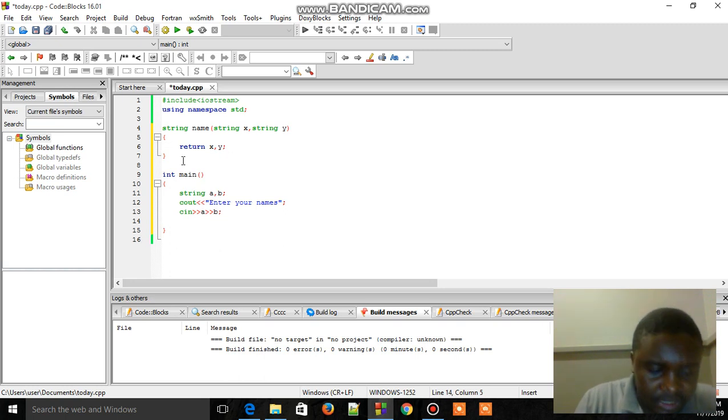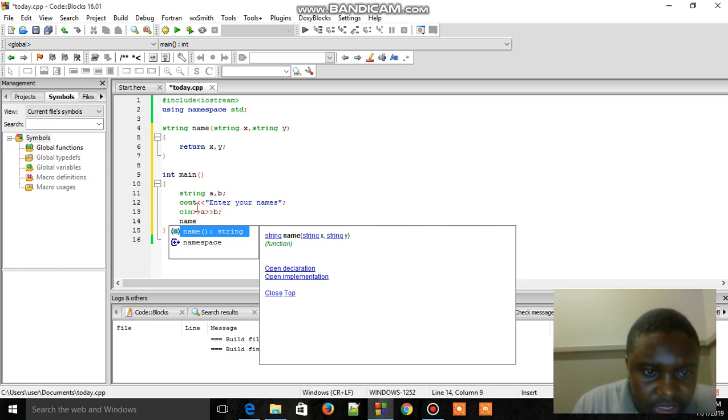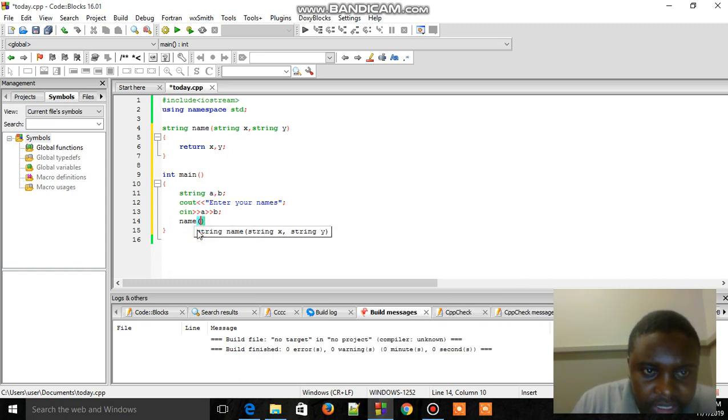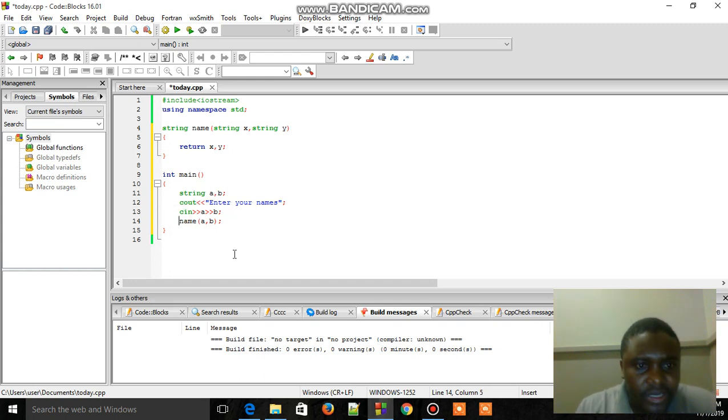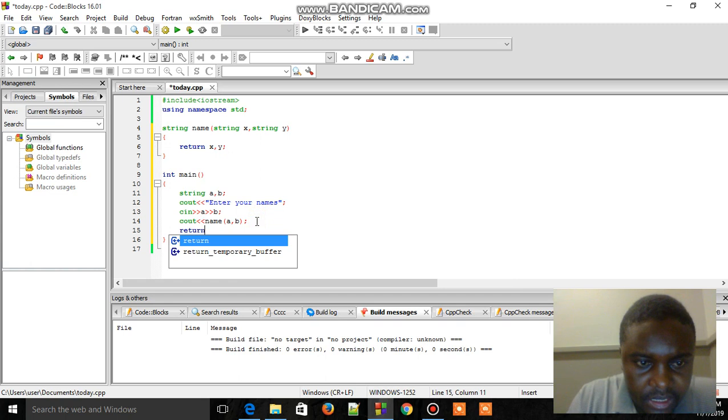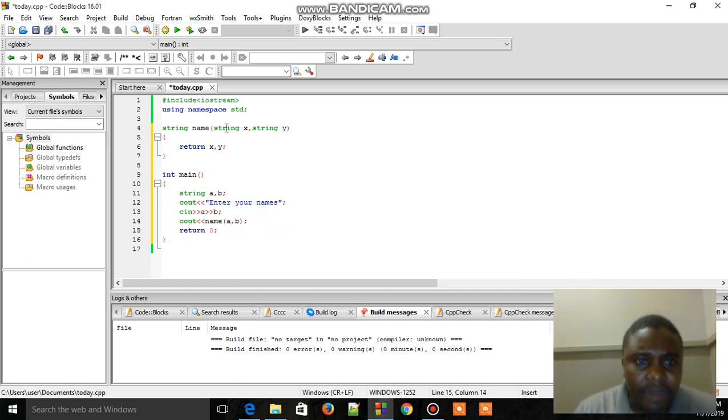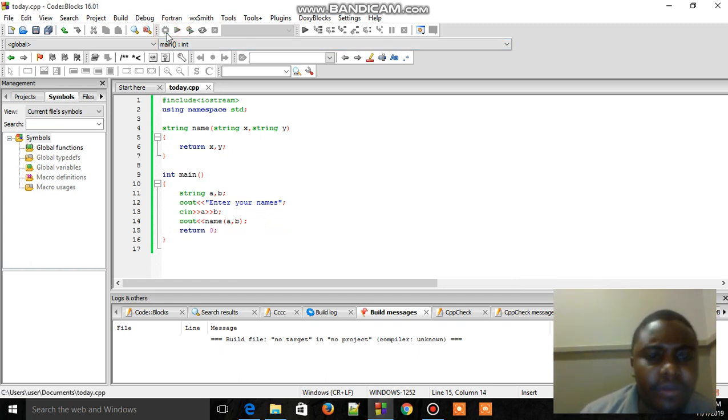After that, I'm going to call this function called name. I'm just going to say name. You can see it's there, I can just click it. Inside I can just say A, comma B, like that. So now when I call it, I can write cout so that it can display. So when I say cout, A, comma B, then I can say return 0. If my program is building successfully, it's compiling successfully, then